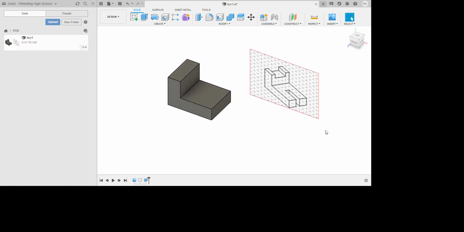The solid is there, but it doesn't have these little cutouts up top and on the bottom. So I can do those cutouts in any order that I choose. It's up to me. I think I'm going to work on this bottom cutout first. So in order to do that, I'm going to click on one